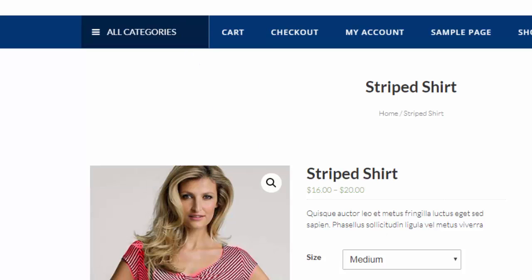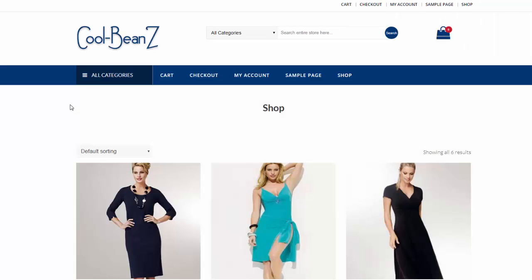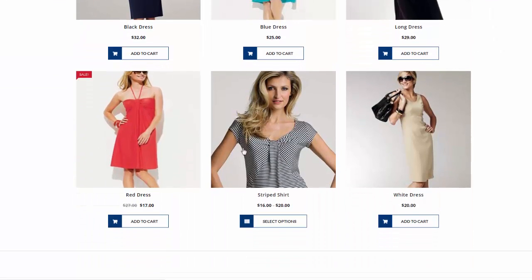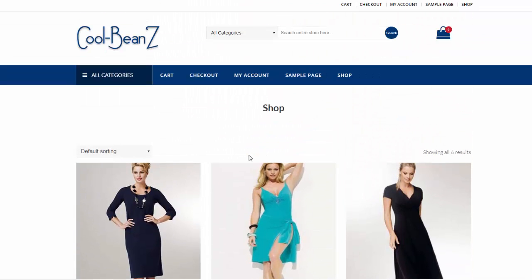And if we go home, they should have appeared on our front page here as well, in our shop page. Yep, here's our shirts here. So that is how you add a variable